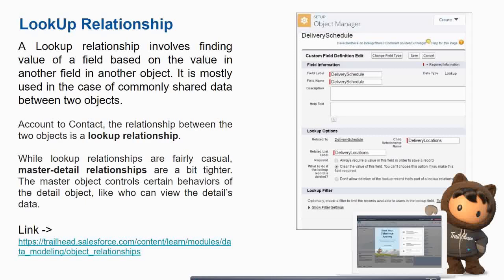Okay, a lookup relationship is not tightly coupled. That means when the parent is removed, the children remain there. You can see this kind of relationship in the account and contact object relationship. These relationships are loosely coupled, meaning you can look up anything from the parent regarding the child, and you can use it for searching. But it's not tightly coupled, meaning if one is deleted the other is not lost. It's not like that.